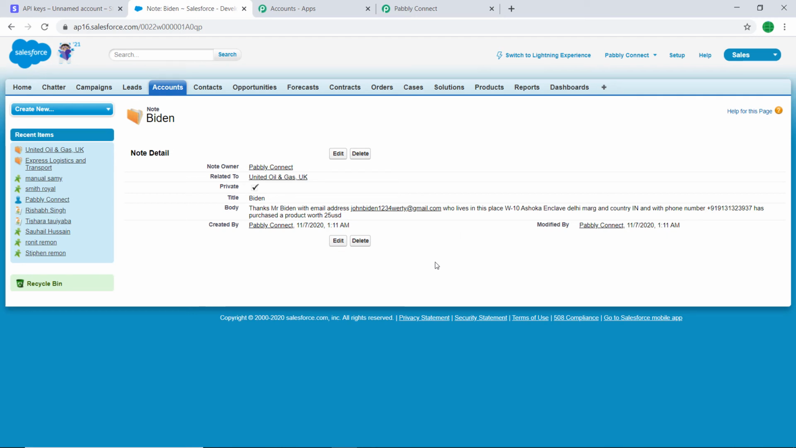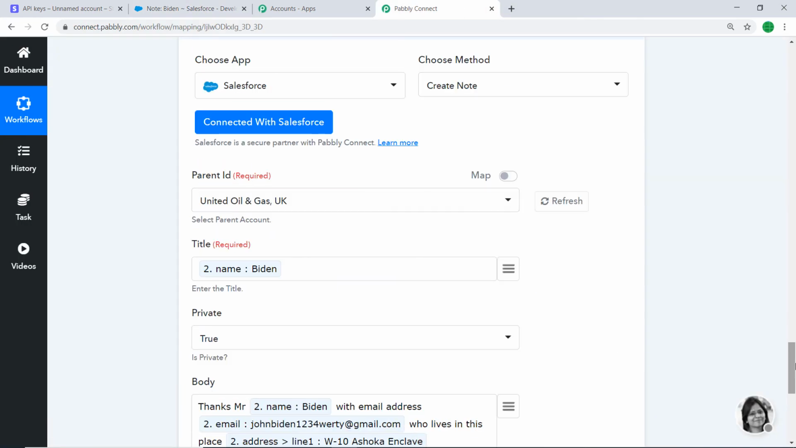$25. Okay, so this means the data is being sent from Stripe to Salesforce when a new charge is made via Pabbly Connect. So this means anytime a new charge is made in Stripe, it will be reflected in Salesforce. But to double check if the integration is working fine or not, let's make one more dummy charge in Stripe. But before we do that, let's go to Pabbly Connect and let me show you the whole gist of